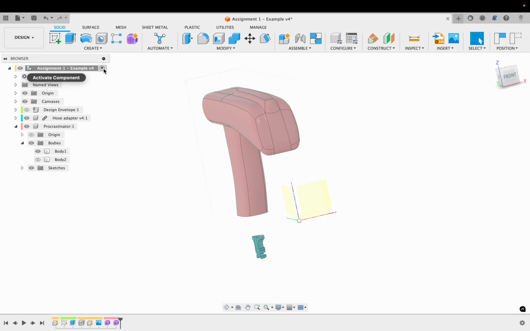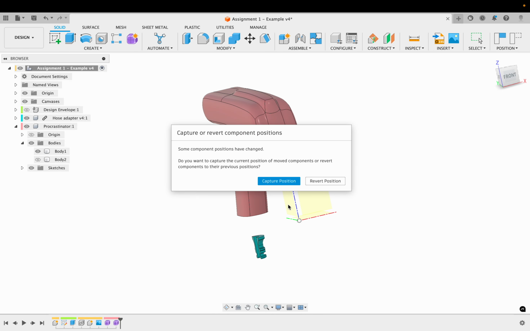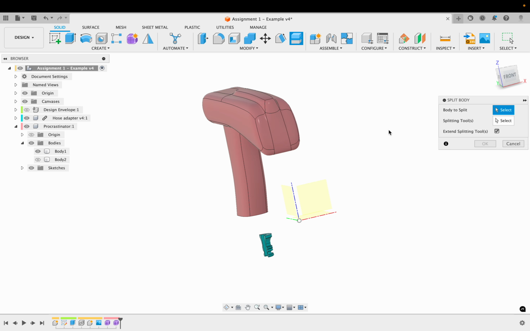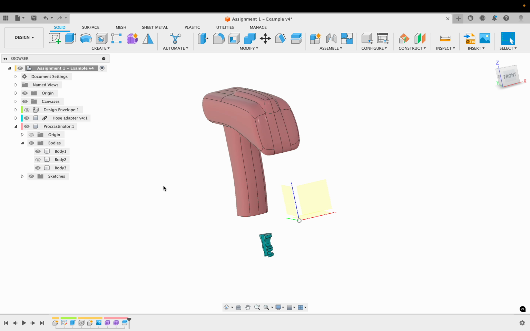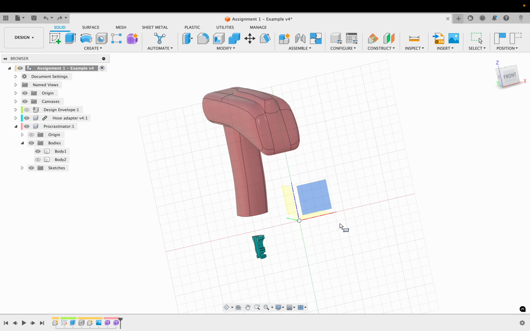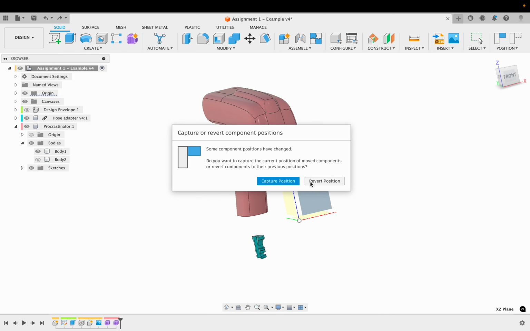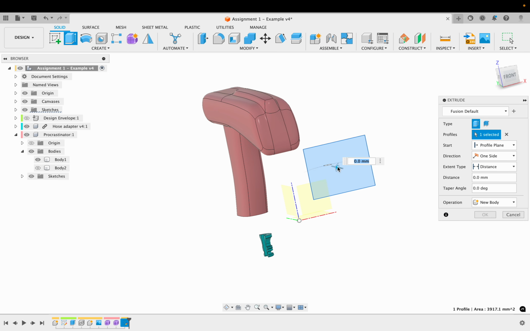So the first thing I'll do is verify that I'm on the right level. You can see that my radio button is now at the top, and it shouldn't be, because if I start doing stuff, let's say I start splitting this thing, split, so I'm going to split it here. I'm now operating at the wrong, no, actually it went to the right place, but that's because I used the split command. If I were to do some other operation, let's say I make a rectangle like this,